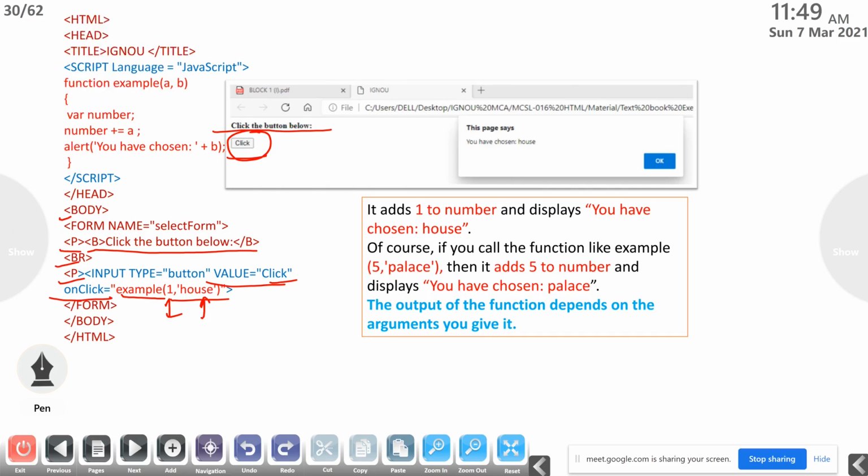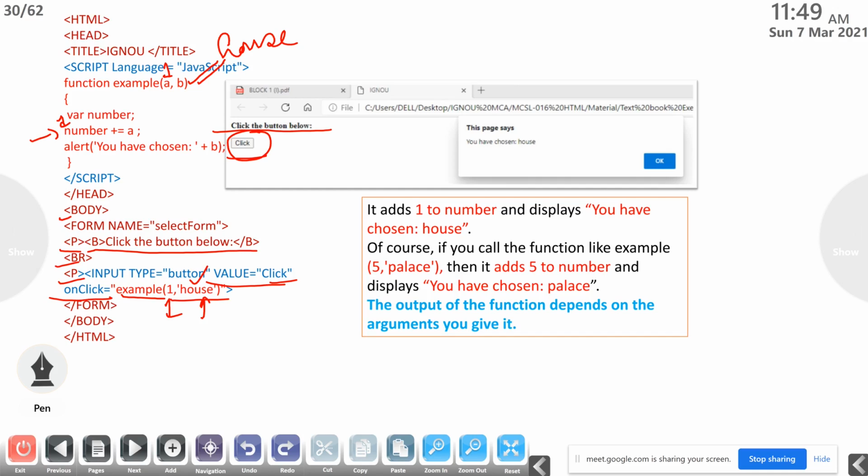Now the value of a equal to 1, the value of b equal to house. Okay, number equal to number plus a. Initially the value is 0 when we declare the variable number. 0 plus a means 1, then the value of number equal to 1.